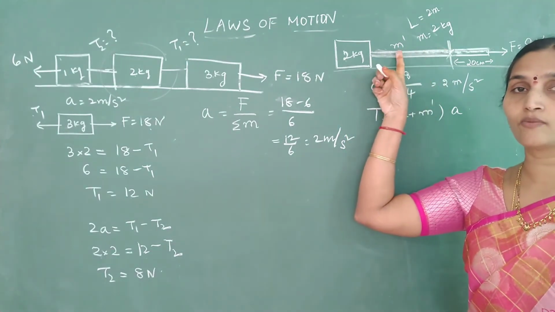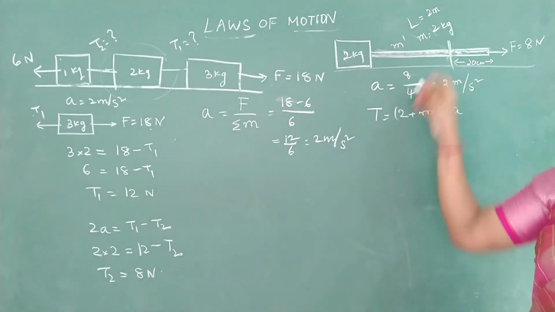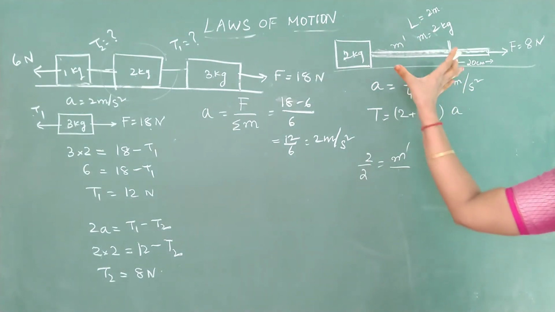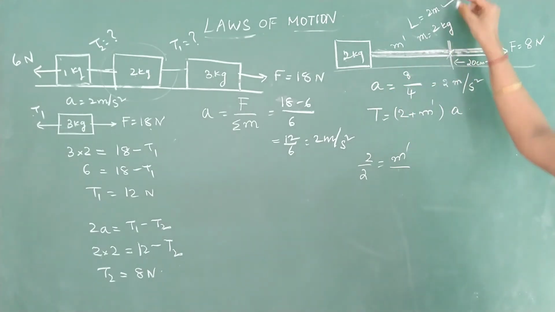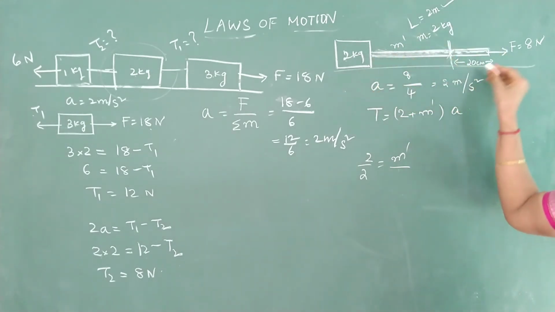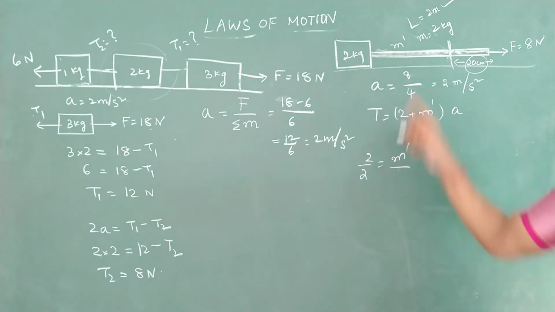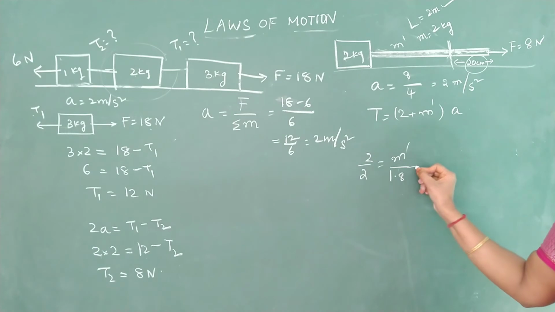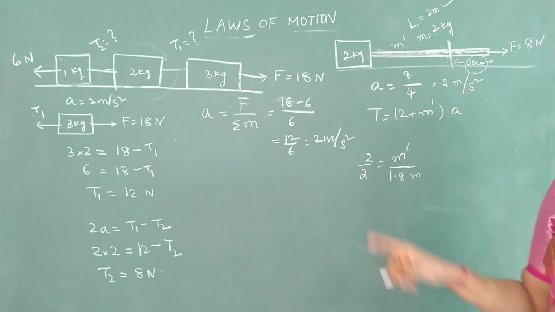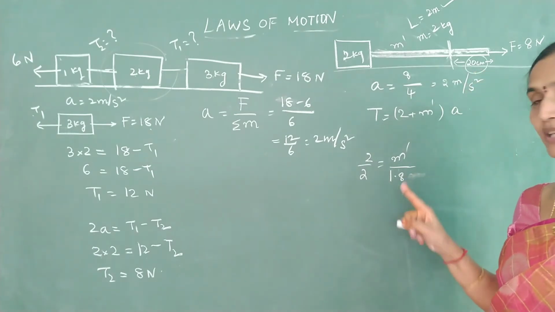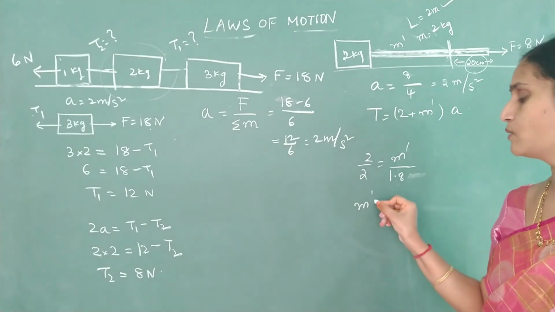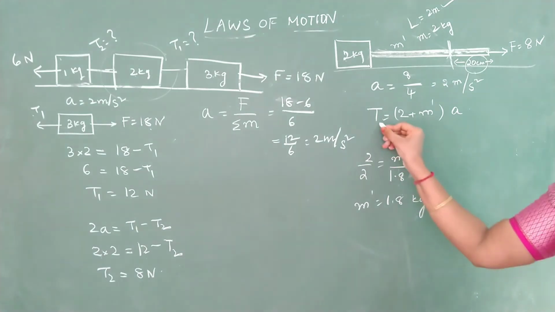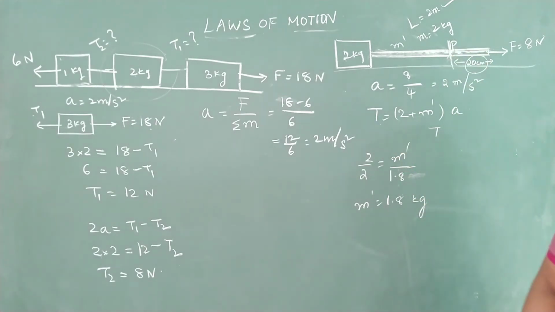So first let us calculate what is m dash. Total mass by total length should be m dash by this length. Say it is a 2 meter rope. This is 20 centimeter. What is the remaining length? Is it 1.8 meter? 20 centimeter is 0.2 meter. So the remaining length is 1.8. Now tell me what is m dash equal to? 1.8 kg.